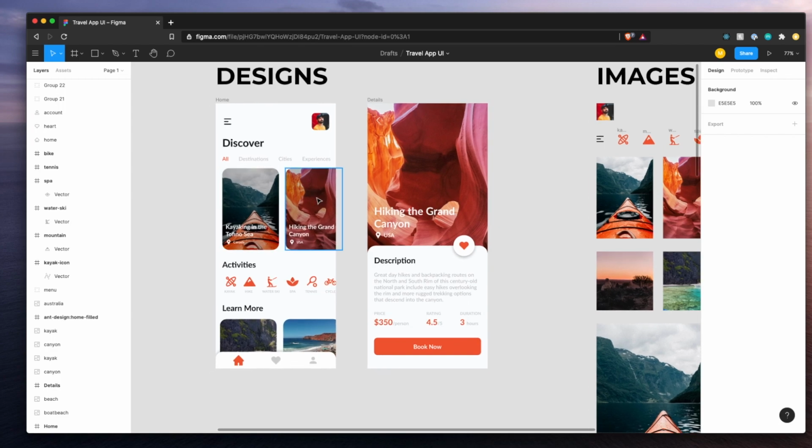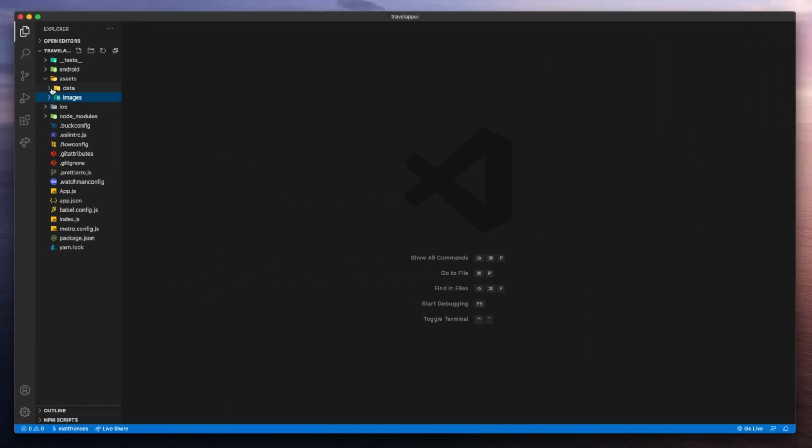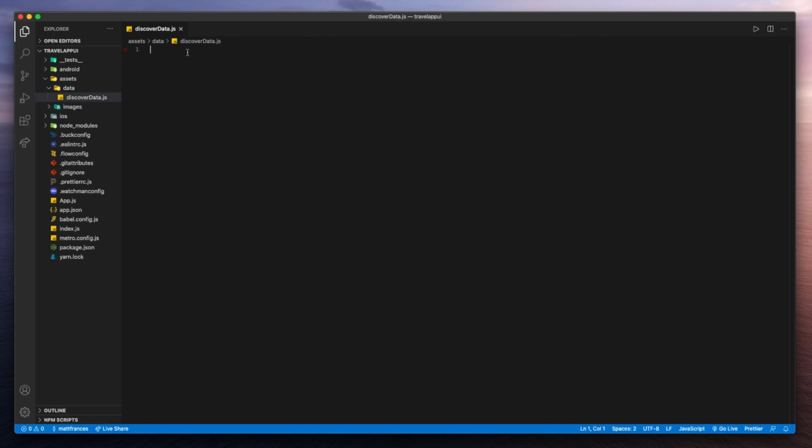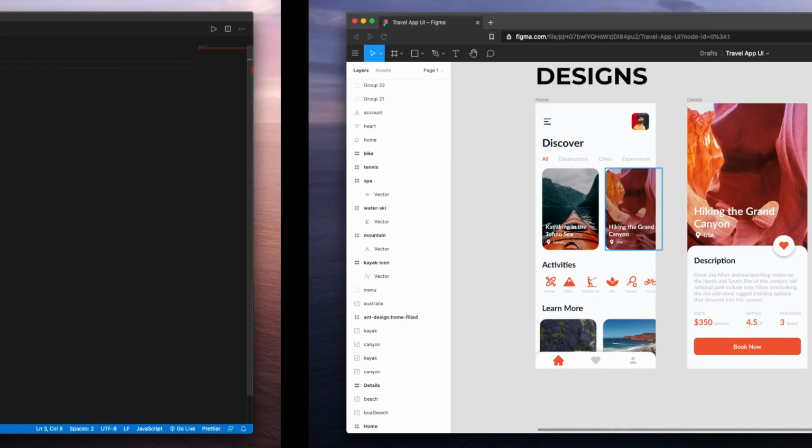So let's start with the discoverData here. Go into the data folder and create a new file called discoverData.js. And here we'll do const discoverData equals, this is going to be an array of data with objects inside. So some fields we're going to need are ID, title, location,